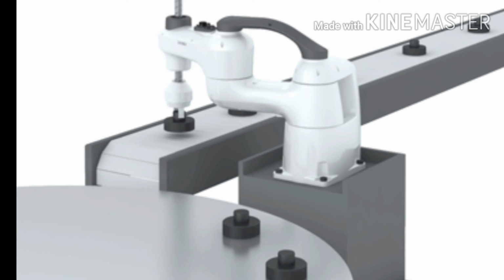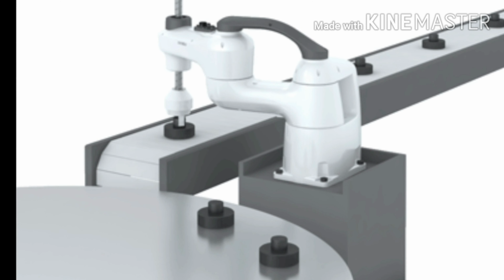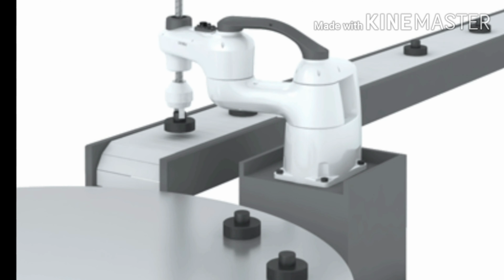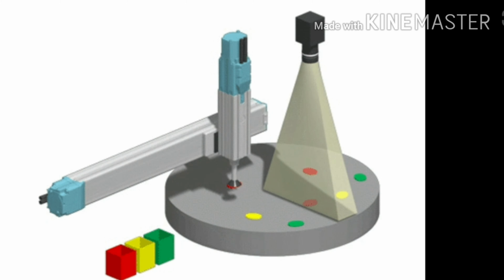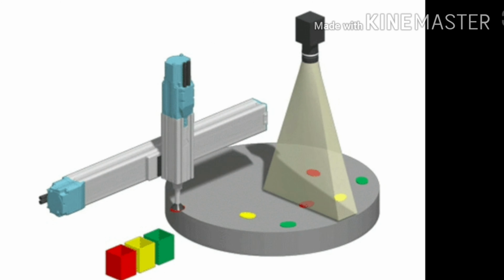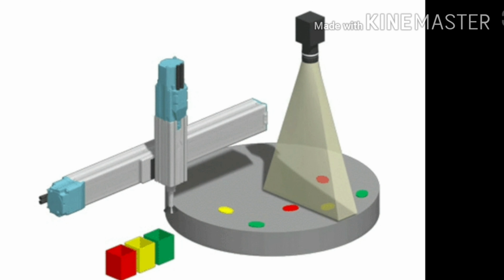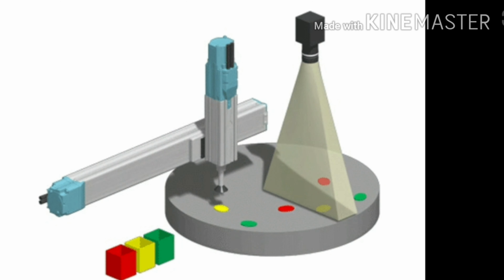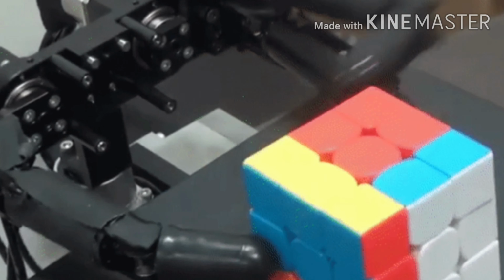Now the main parts required for this are computer vision, a supervision camera, and ultrasonic, sonic, or any other sensors can be used for inspection. Vision system can provide a large variety of information about the workpiece in addition to its position and orientation. It tells you the color, faded or correct color combinations and all. Imaging of the product is very important here. So it also comes under quality control sensors.